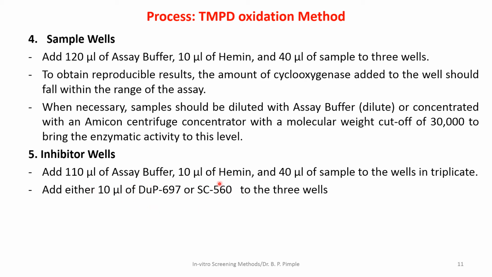Instead of adding an NSAID from the marketed tablet, the inhibitors are provided along with the kit, and these are to be added in 10 microliter proportion. So now here the inhibitor well will contain the assay buffer and heme, and then sample, that is our sample. Suppose whatever we have isolated or prepared synthetically in the lab, along with that we are adding the standards, either this standard or this, or you can add the combination, that means a few tubes should contain this and a few should contain this along with the sample, so as to know whether our sample, that is 40 microliter sample,